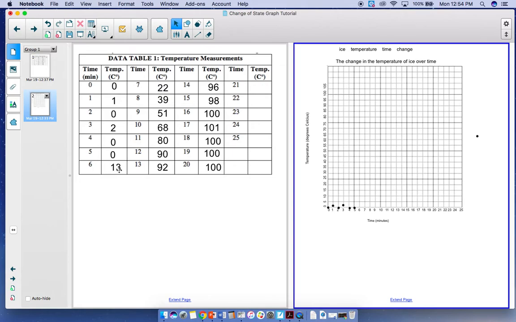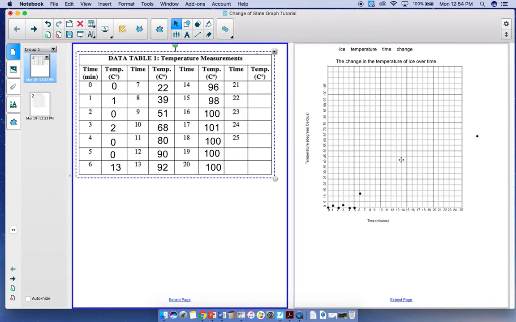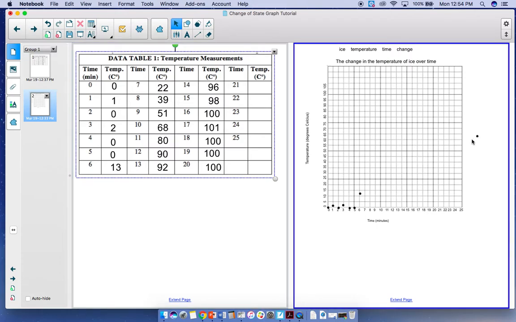Minute 6, it jumps up to 13. So I'm going to go where minute 6 is. Here's 5, here's 10, here's 15. So in between those is 13. Minute 7, we are at 22. So I'm going to grab another point. Here's minute 7. Here's 20, slightly above that, 22. Minute 8,